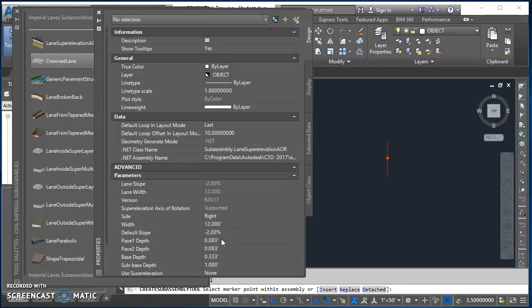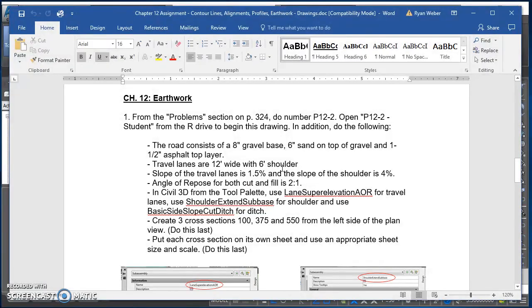And so I need to go through here and set all my properties that I want for this assembly. So let me show you where this information is coming from. From the assignment that you're going to do for me, you're going to be working on 12-2. This information says the road consists of an 8-inch gravel base, 6-inch sand on top of gravel, 1.5-inch asphalt